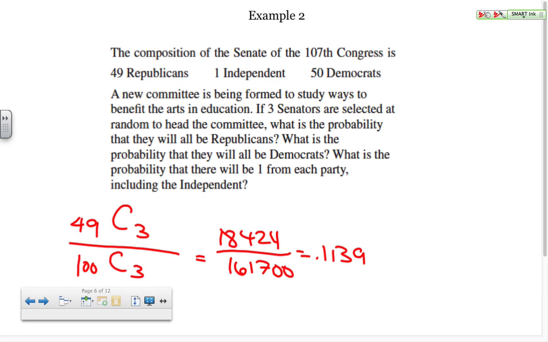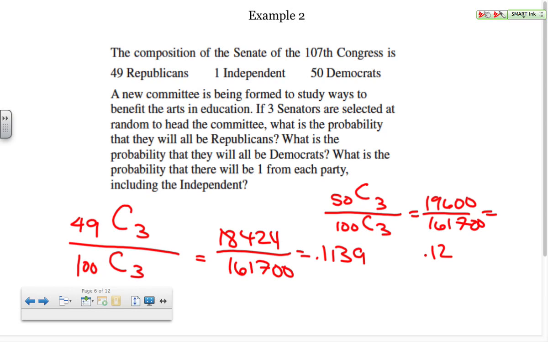Now Democrats, real similar, we have 50 now. Democrats, we're going to choose 3 over 100C3, we're choosing 3, right? And this is 19,600 divided by 161,700. That ends up with 0.1212, so about 12%. So it's almost exactly the same. We could end up with all Republicans or all Democrats. Again, very low percentages, though, right? If you have a 10%, 11%, or 12% chance of something happening, it's probably not going to happen. So what's the probability that we will have